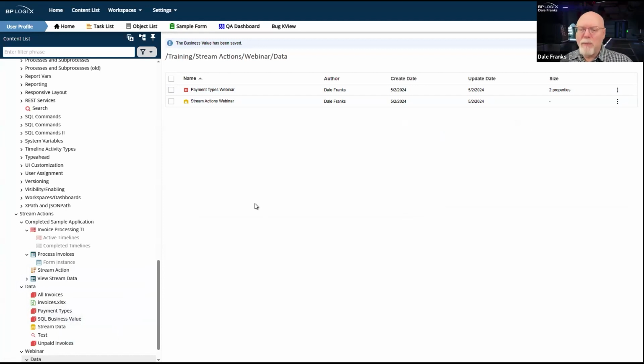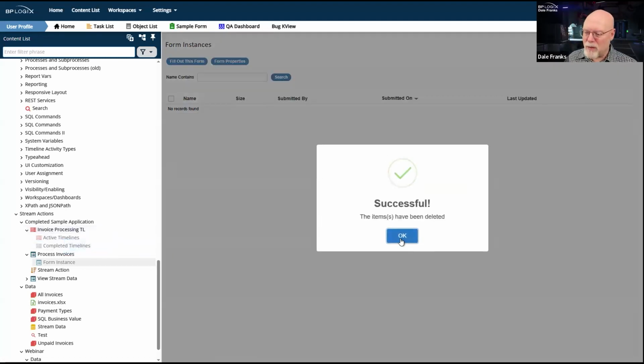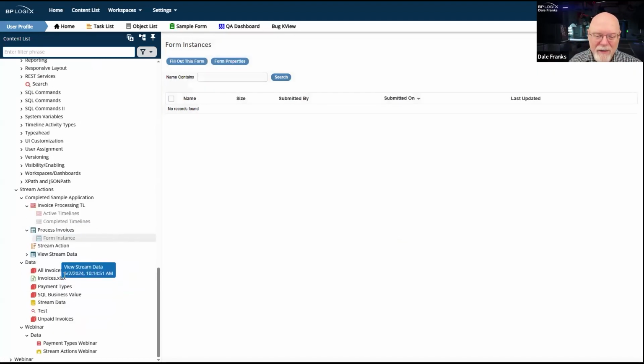I am going to need to pull my unpaid invoices. I need to pull all of the data out of the database for any invoices that are unpaid. That reminds me, before we go any further, I need to reset all of my data. So let's go back and start. Let me eliminate everything that we've done. So I'm going to delete all of these form instances so that we can start from status quo ante. Well, I guess I don't. Yeah, I do need to delete it because it's the same data.